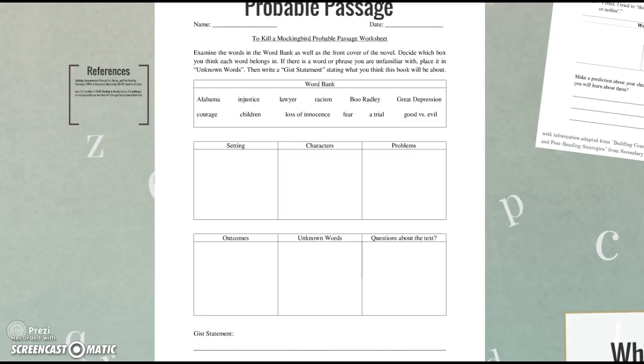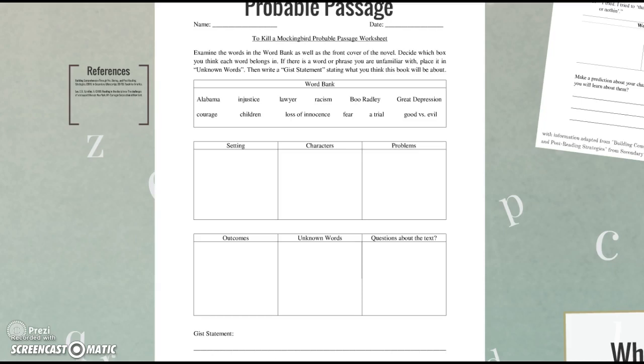The words in the word bank are Alabama, injustice, lawyer, racism, Boo Radley, Great Depression, courage, children, loss of innocence, fear, a trial, and good versus evil. The student will decide which word belongs in each category, which are setting, characters, problems, outcomes, and unknown words. This assignment tests the student's ability to differentiate between key terms and think critically about the context in which the